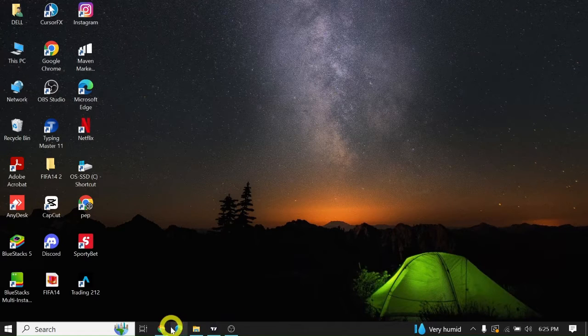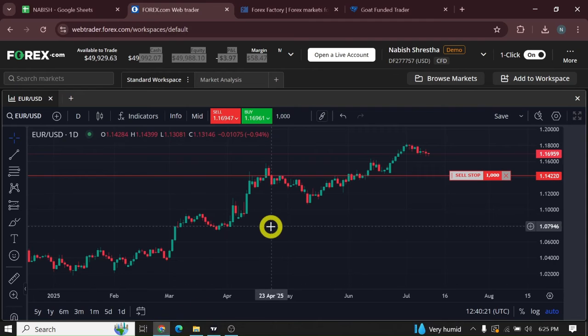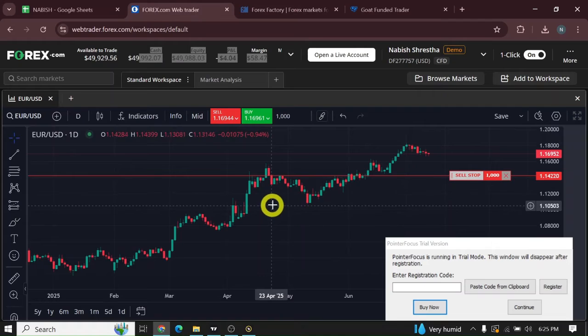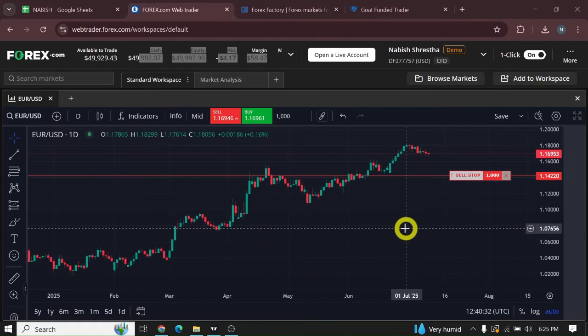Leverage allows you to control a larger trade size with a smaller amount of capital. On Forex.com, leverage is applied automatically based on the instrument you are trading and your account type. For example, if your leverage is set to 1:50, that means you can control $50 for every $1 in your